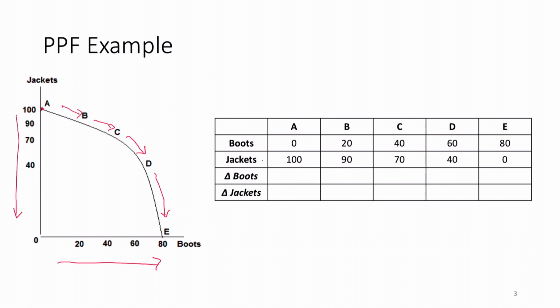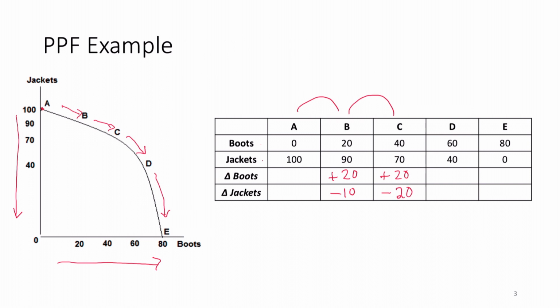So the opportunity cost to produce additional boots is going to be how many jackets we have to give up to move from one point to the next. So let's calculate that change. As we move from point A to B, we're producing 20 more boots, but we're giving up 10 jackets. As we move from point B to point C, again, producing 20 more boots, but now we have to give